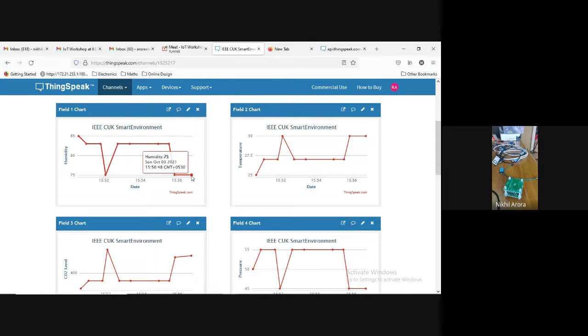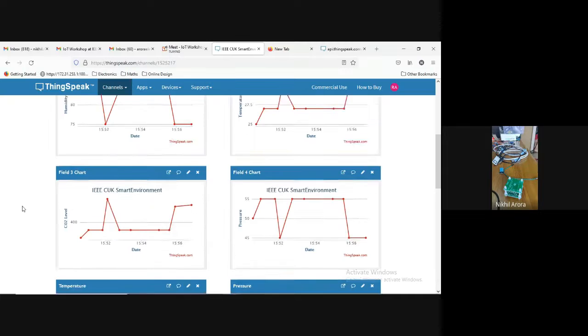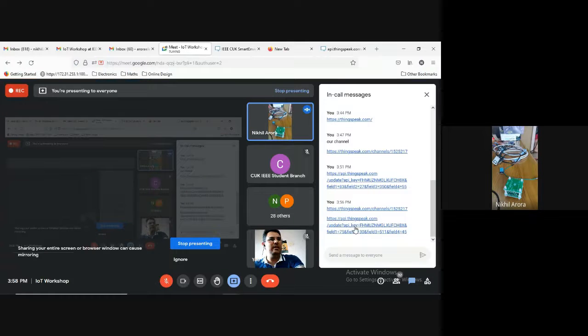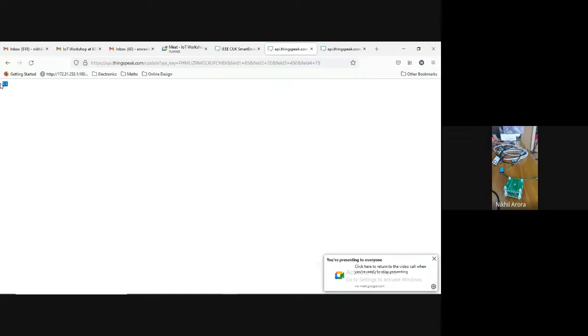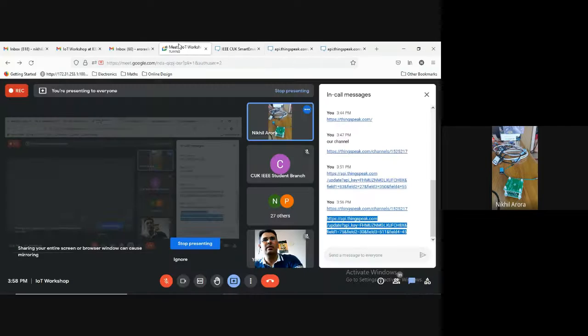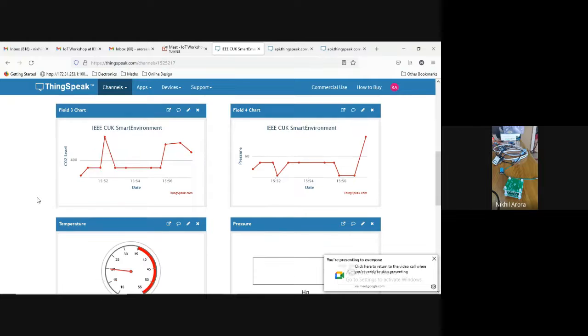Somebody has sent this data here, so you can copy paste this. Basically, you can copy it into the address bar like this, paste it, and change the values you want to change. With different values, you can see how things are happening. So 11 data has been updated. We can see on our website that 11 data has been updated.